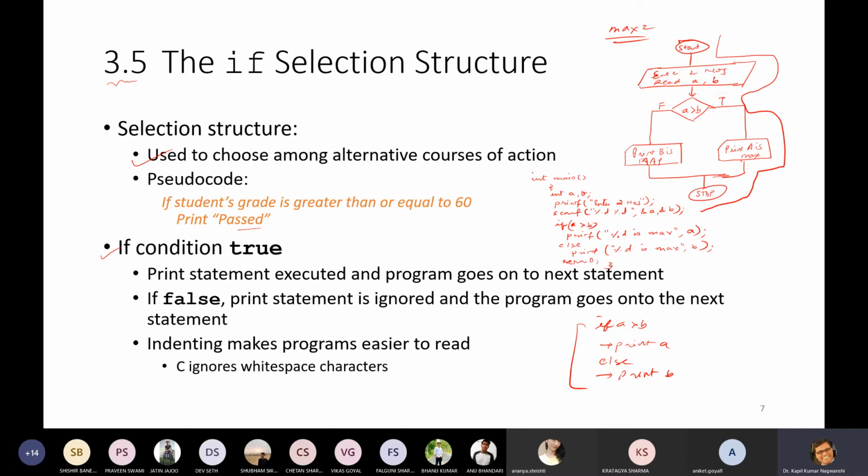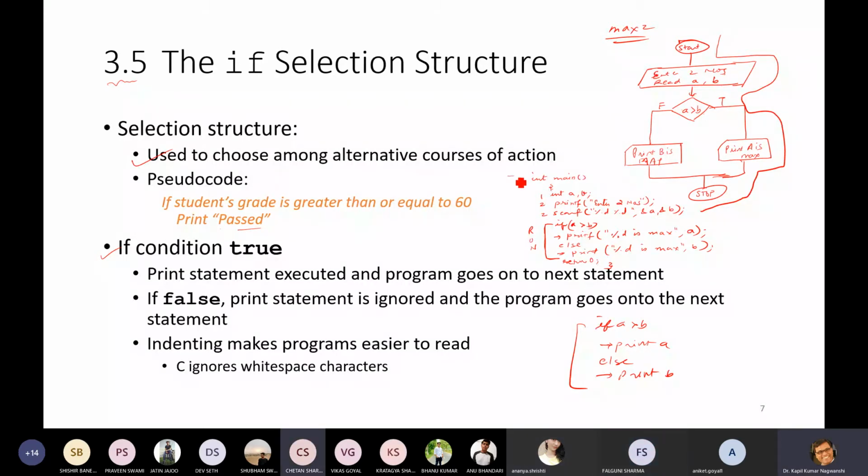So in this program, you can see that the sequences are given. It will execute in sequence. But after that, what will be executed? It totally depends on runtime. We cannot execute both the statements. We can execute any one depending on the condition. Yes or no? Yes, sir.